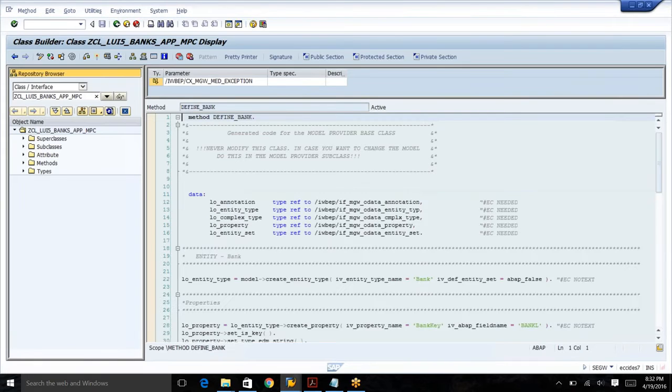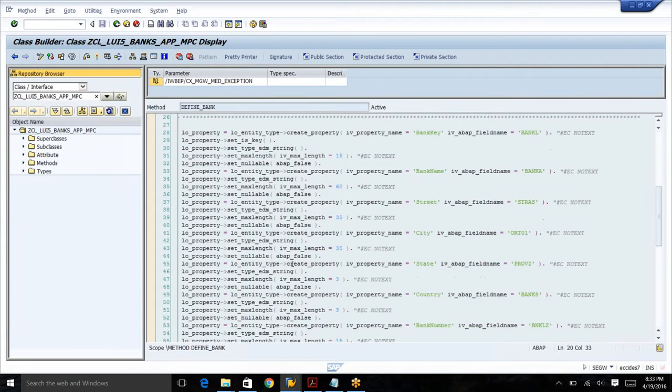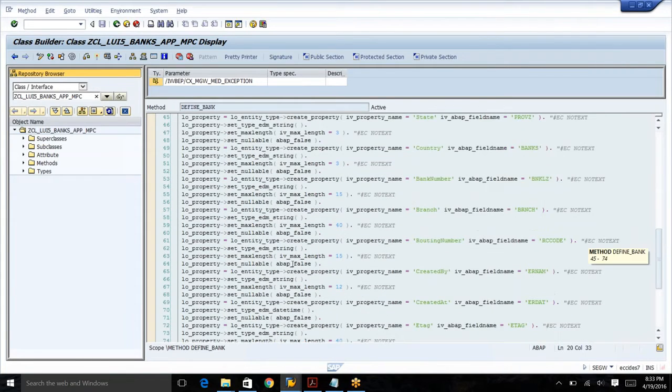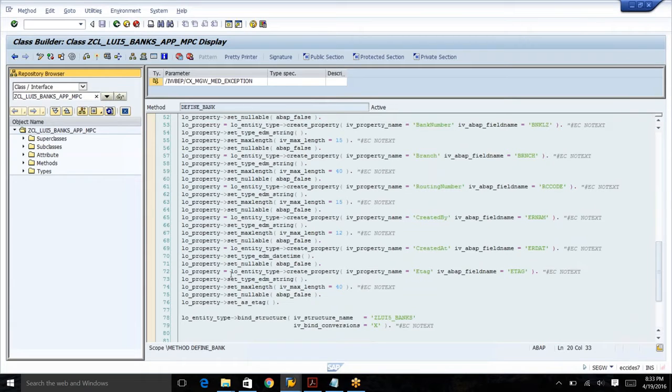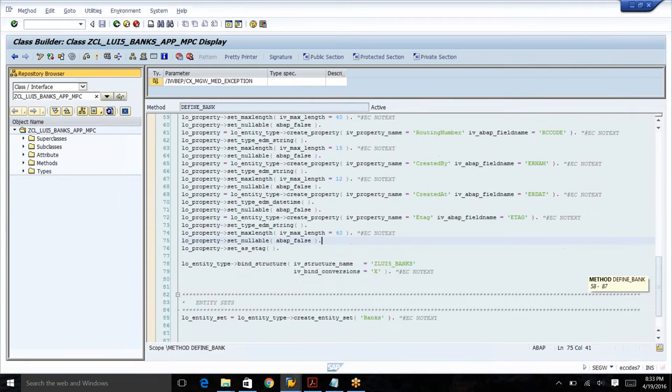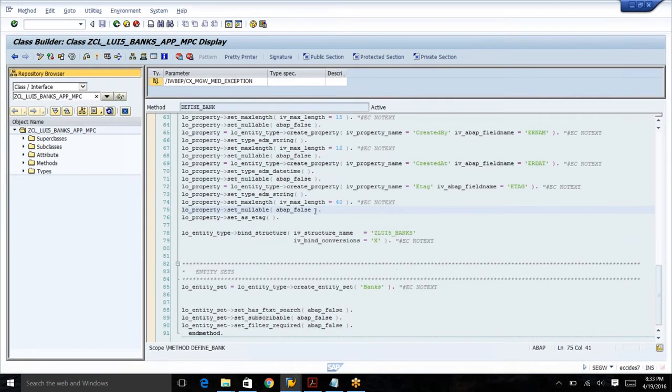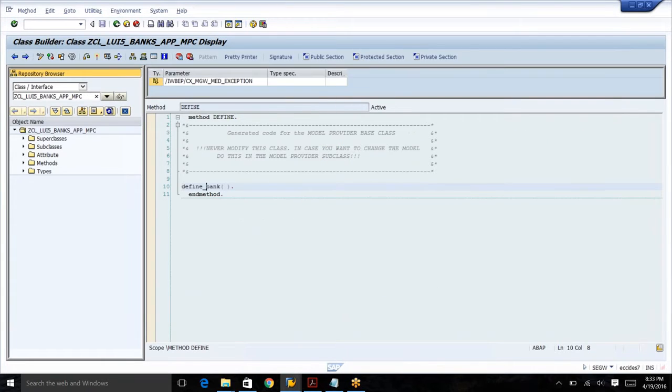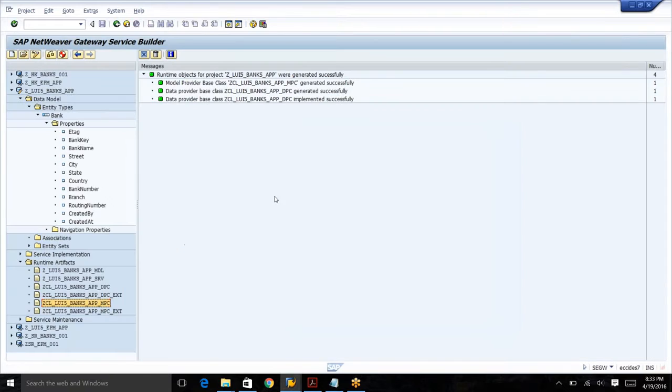So in define bank, the new property should reflect here. You will see the property etag, and it is of type string, of length 40, and it is set as an etag. You see here, right? So we see the property that we added during the design time is reflected in the runtime objects. Okay, so while we are creating the entity set,